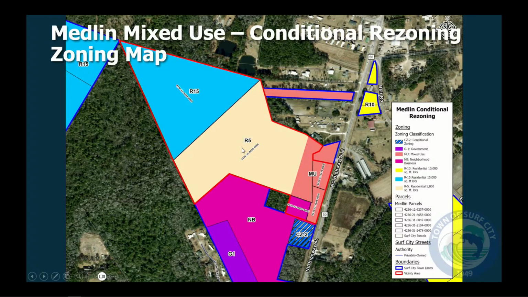The R5 is similarly bound by properties in Pender County's jurisdiction. However, you'll note this sliver of mixed-use zoning to the north. There is mixed-use zoning to the south. Those are properties part of this project. And then to the south is a property in Town of Star City's jurisdiction, zoned neighborhood business.